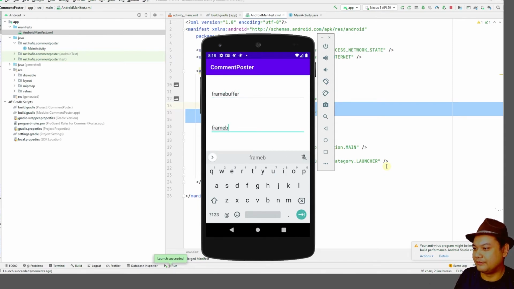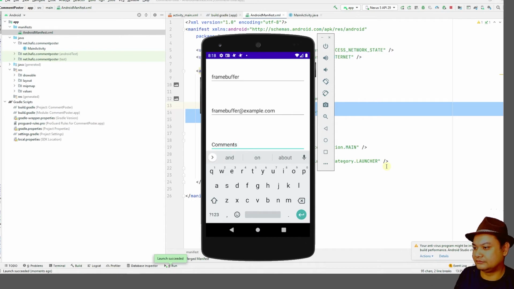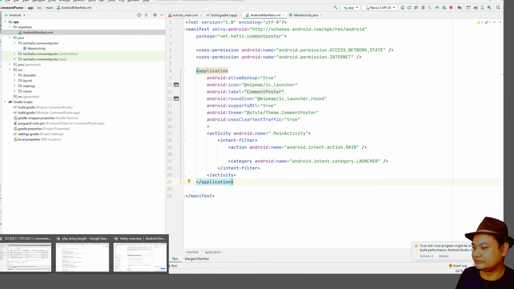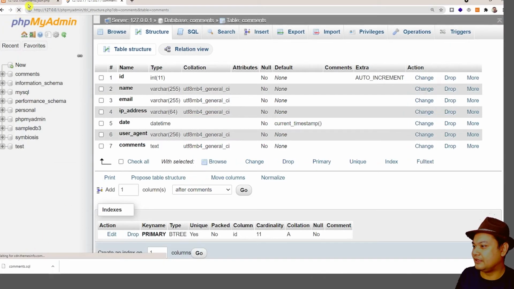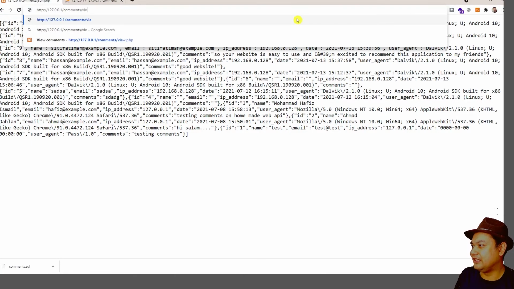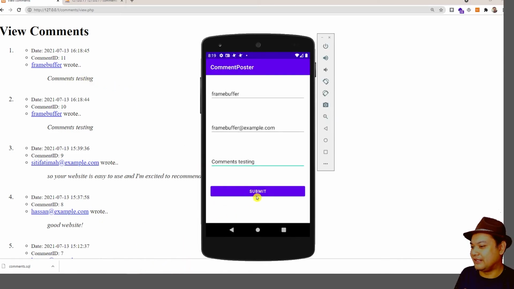Okay, frame buffer. Then try to click submit. And then let's see if the comment is being included. Right. So the comment is being included over here. So here, we have frame buffer root something, right? So therefore this is